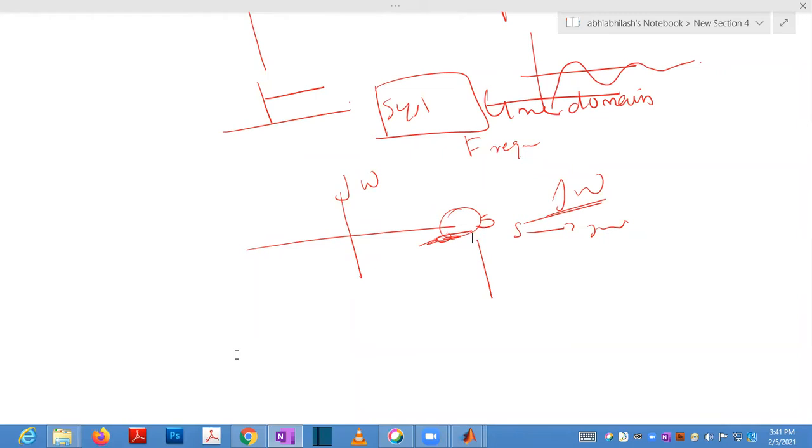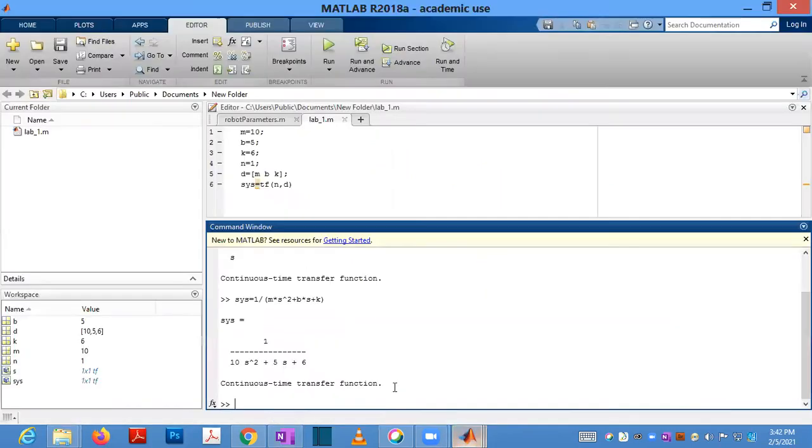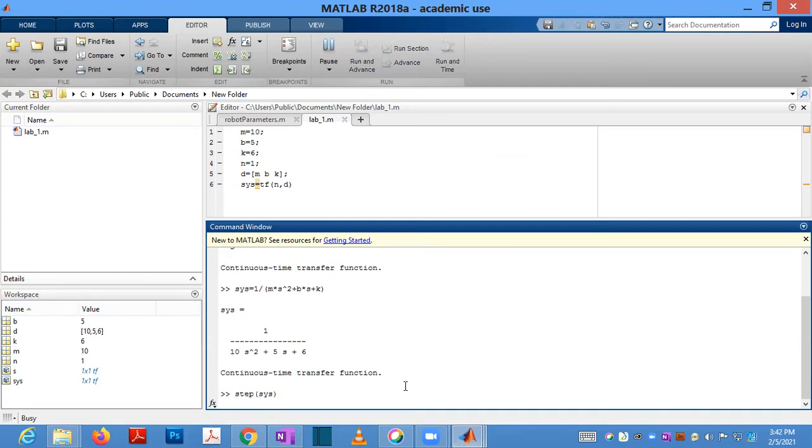And again you have to change it to time domain for this response. That is called step response. So if you are applying a DC signal and the response you are taking, that is called step response. In MATLAB you can do it easily. Only one command, step of that system transfer function will give you the step response.